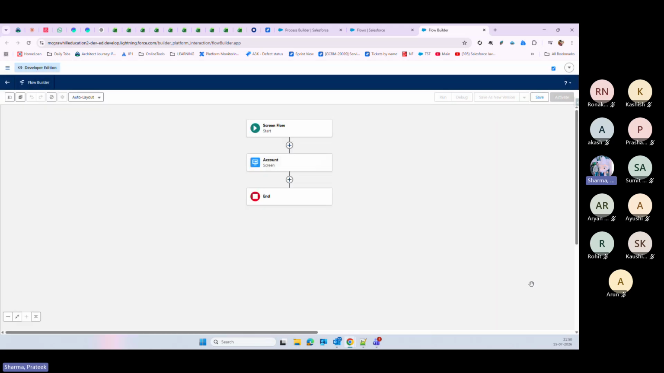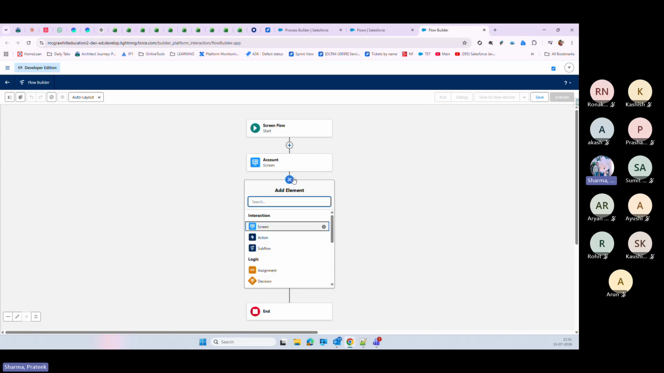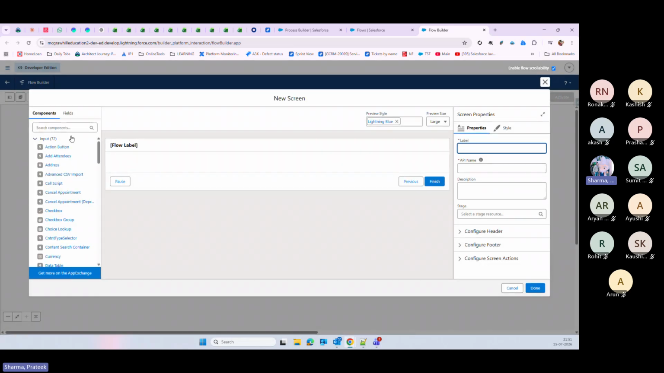So I have created one screen to capture the account information, and now we just need to create a contact or an opportunity, whatever you want to go for. So let's just go with the contact first. Just create one more screen. In contact, we have last name as a